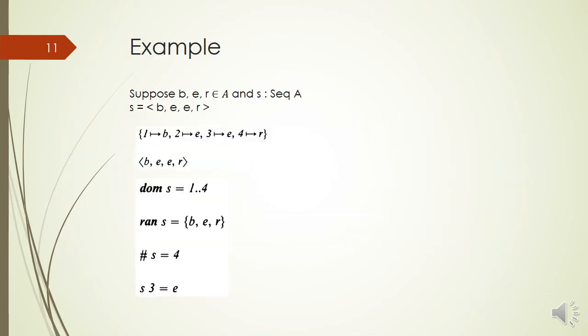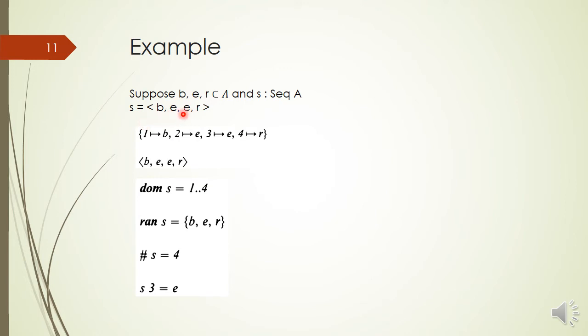There is another example for function application. Let us suppose elements B, E and R belong to set A, and from the elements of set A we can construct any kind of sequence.